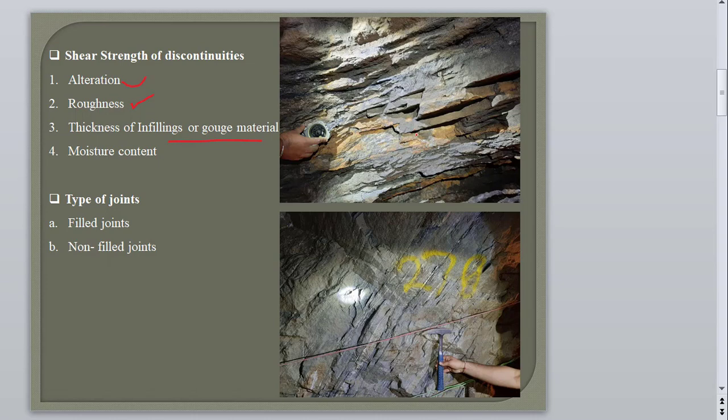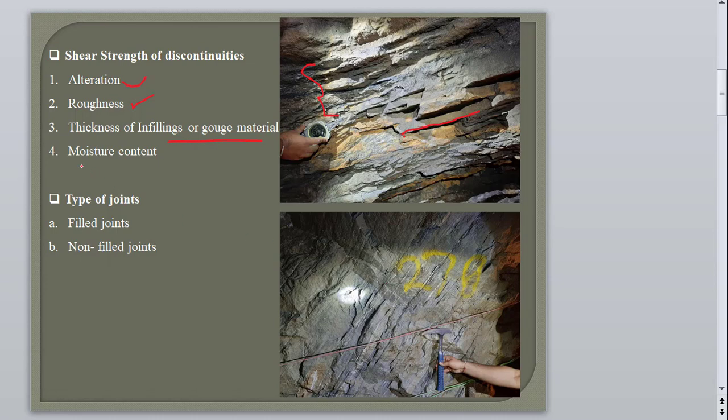As you can see here, we have a joint, and here the filling is very thin. These are tight joint wall surfaces. But in the upper ridges you can see we have lots of soil filling. When we see this photograph, you can see this is a fresh surface, and these joints are very tight and there is not much filling. So we can categorize it as unaltered or slightly altered without any filling, or tightly healed surfaces. Such a category is very resistant for slope stability as well as underground structures.